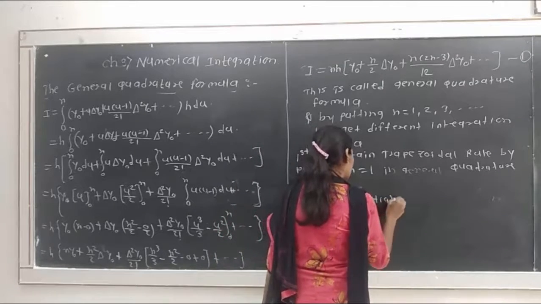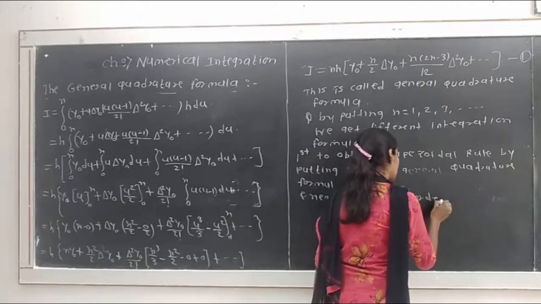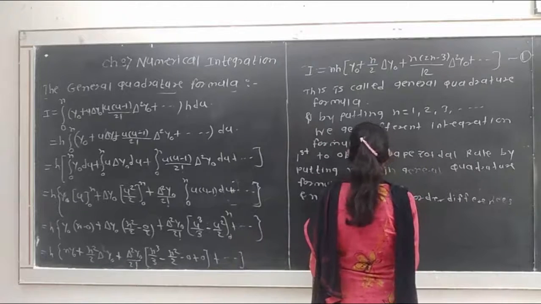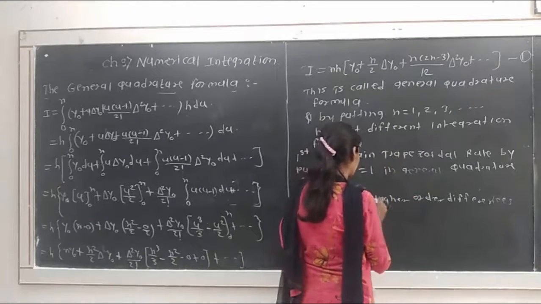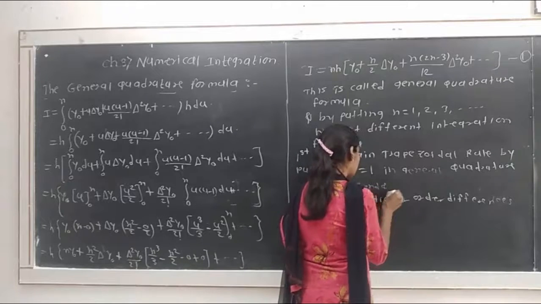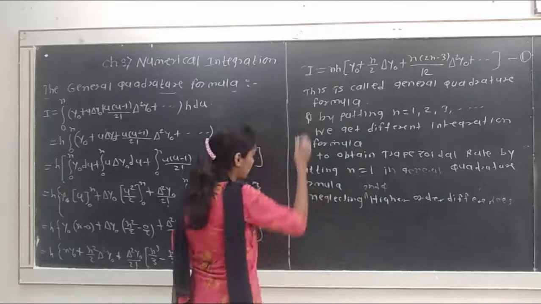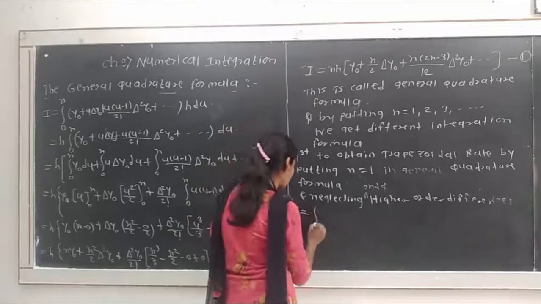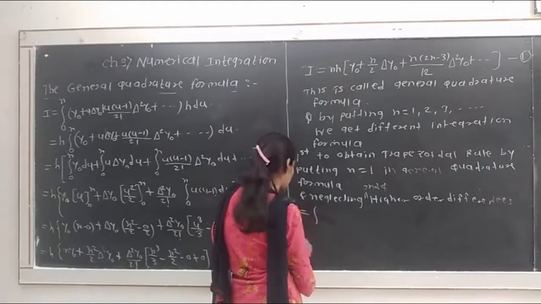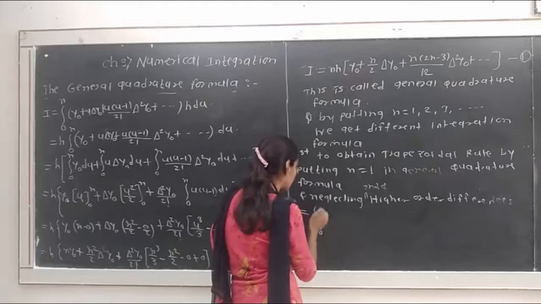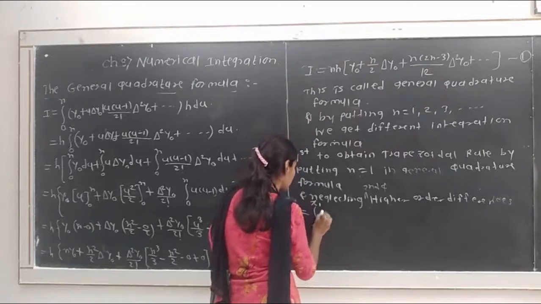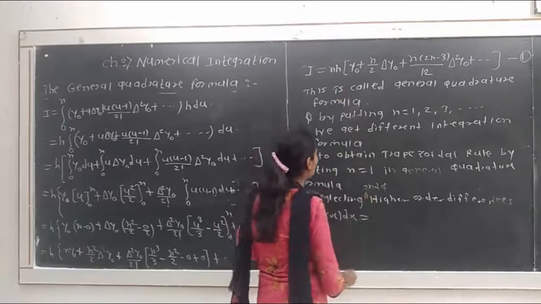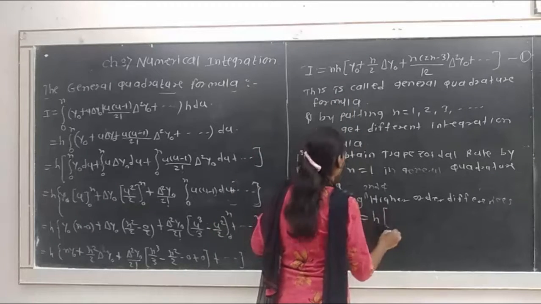higher order forward differences, that is, neglecting second and higher order differences, this quadrature formula becomes I is equal to the integration from x0 to xn. So for n equal to 1, we get the integral from x0 to x1 of f(x) dx, which is equal to, putting n equal to 1, h in bracket y0